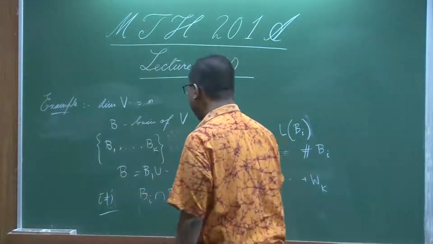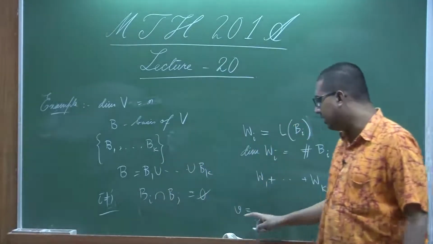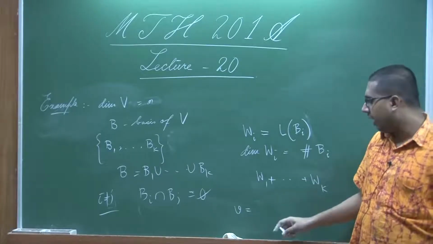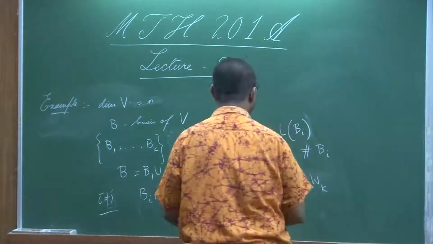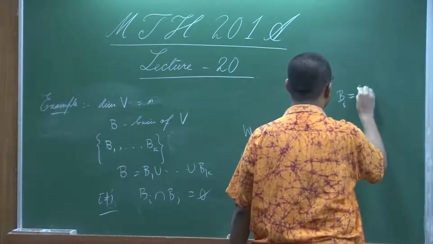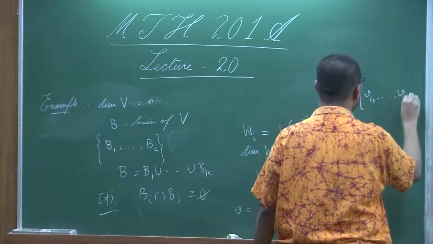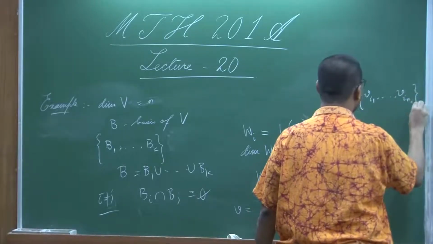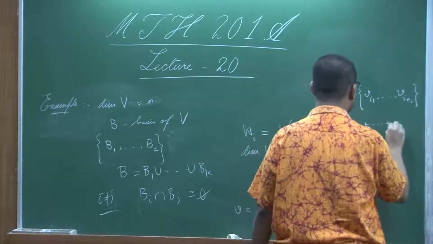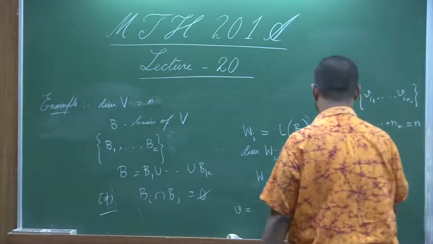If I take any general vector V in V, then V admits... So, for simplicity let us define notation: V_i is spanned by V_i1 up to V_iNi, for each i. Therefore, N1 up to Nk add up to N, and B